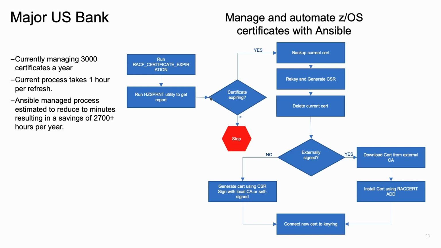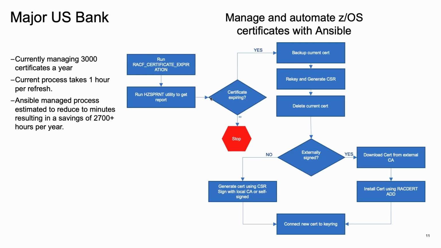So that really was what enabled them to get a lot of this time savings. And on the z/OS side, this was simply on top of automating their existing JCL and REXX scripts. The next step after that was to look at how we can do some of that in Ansible native, in our playbooks. And that's where they were able to leverage some of the modules that we have,